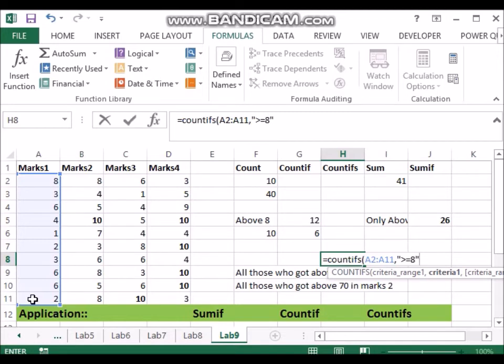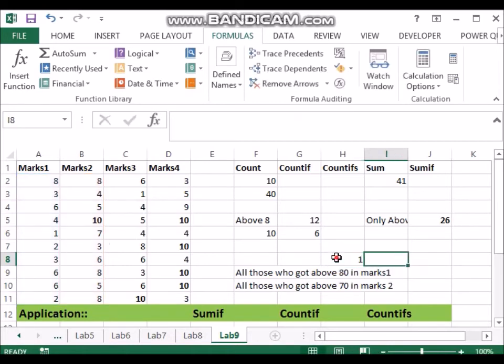Now what is the second thing? For marks 2, you can see it is selecting, first was in blue shade, now it is red shade. We could give above 7, so greater than or equal to 7. So we were able to give two different criteria to count, and if both criteria are true, it will tell the count of how many such cases there are. And we find there's only one case.